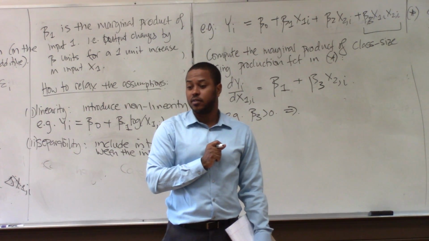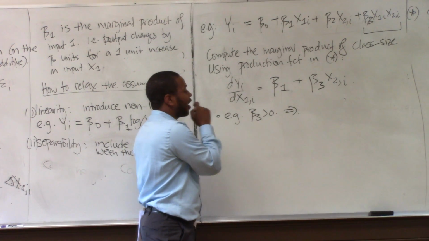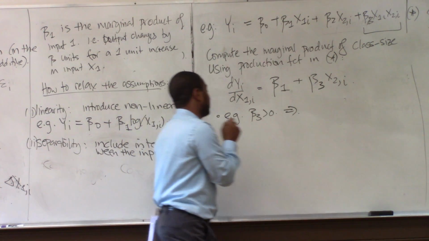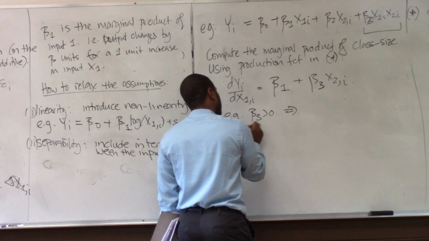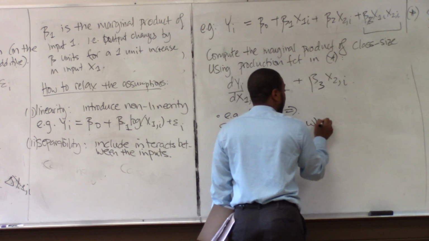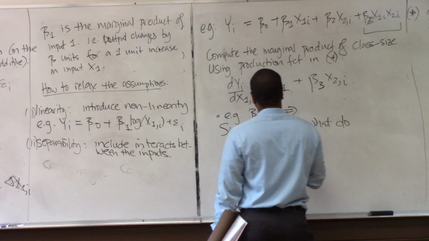What is that telling us? If beta 3 is positive, what does that tell us about the marginal product of x1? Okay, so suppose beta 3 is greater than 0. So beta 3 is greater than 0,